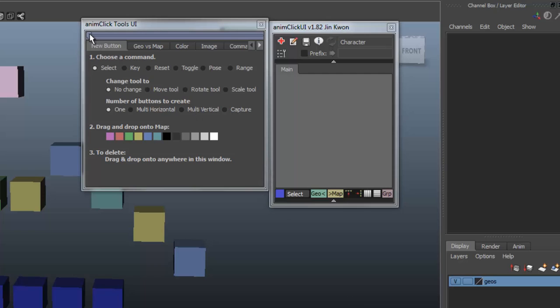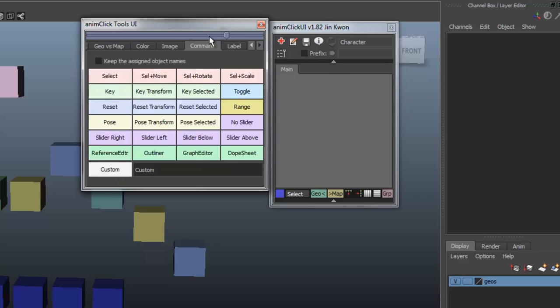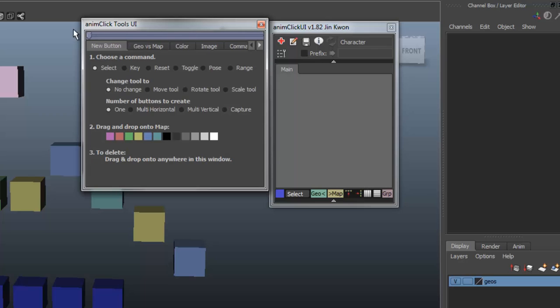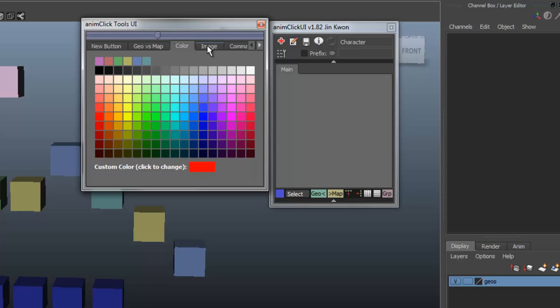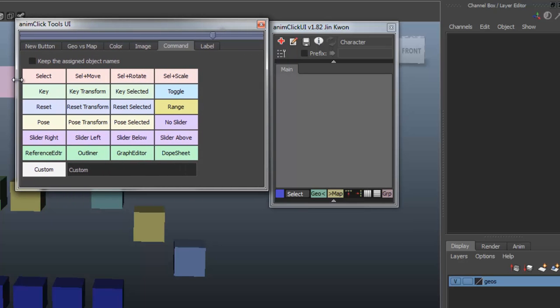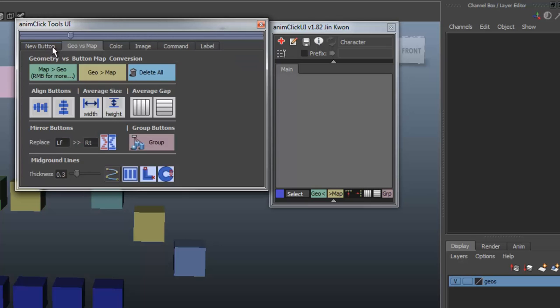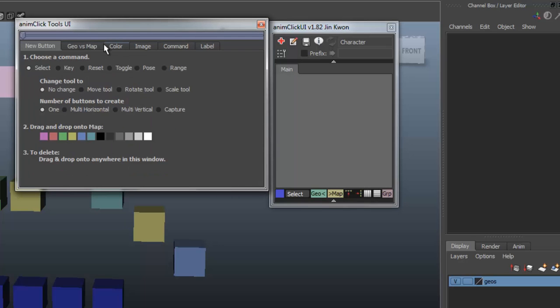And if you look at this upper part, there's a slider. What it does is, if you drag this, it will change the tab layout. Or you can just click the tab. You can use these arrows, or you can just simply stretch out so that you can browse through the tabs. In the new button tab,